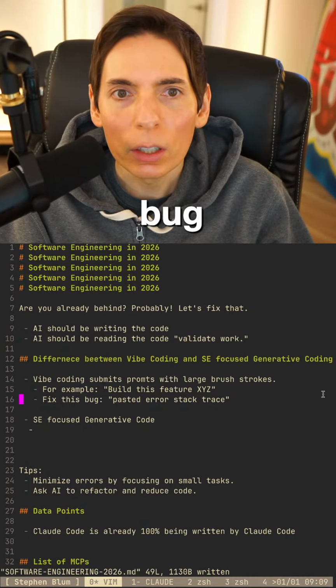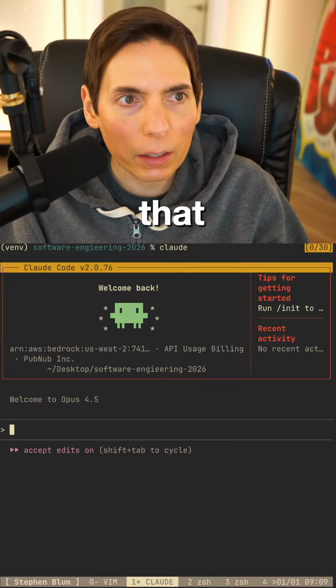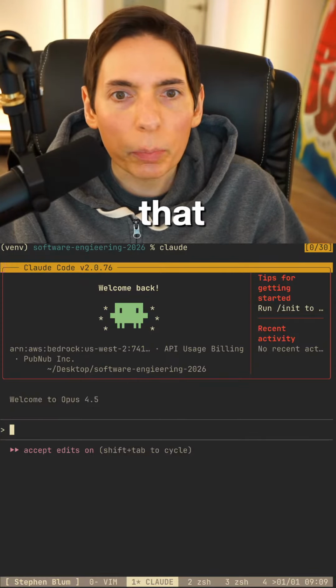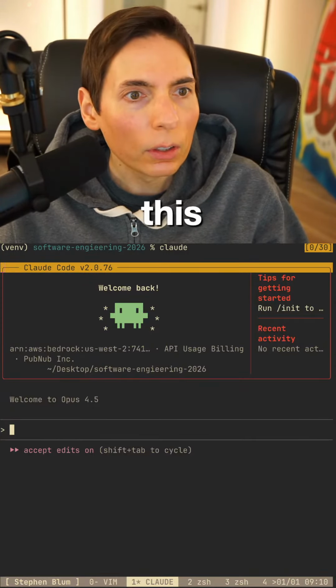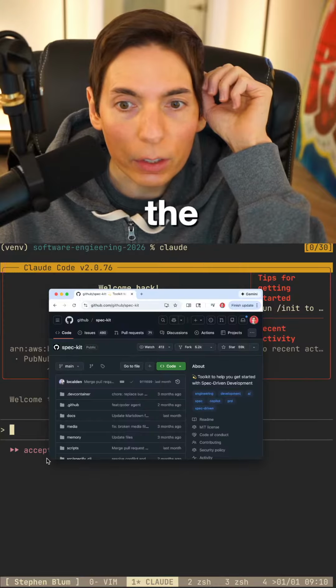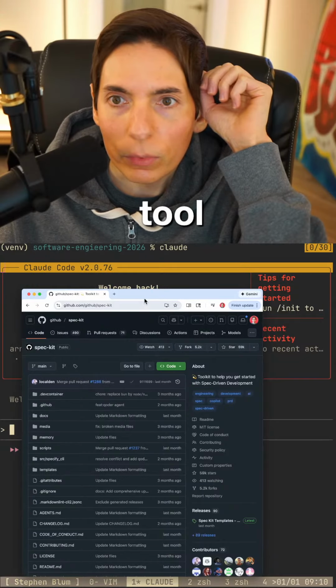You want to use something like a spec kit approach to tell the team? What is spec kit? Savon, let me know. Okay, spec kit, I want to check that out. What is this? A spec kit. A tool to help you get started with spec-driven development. Okay. So let's add that as a tool on the list.